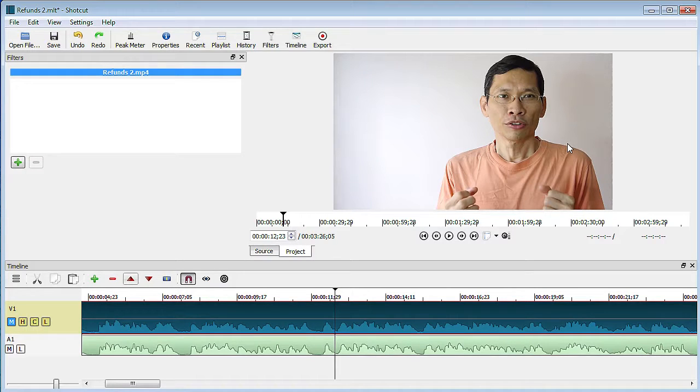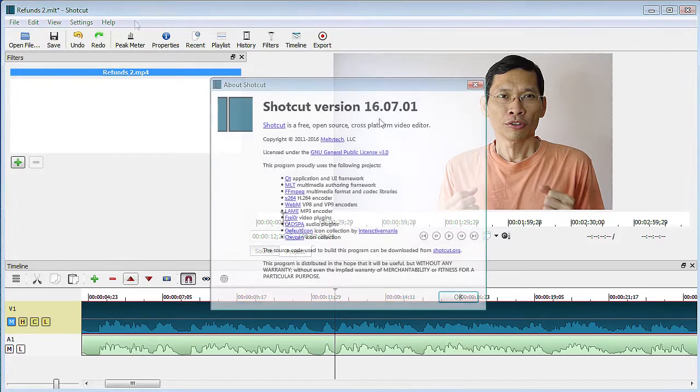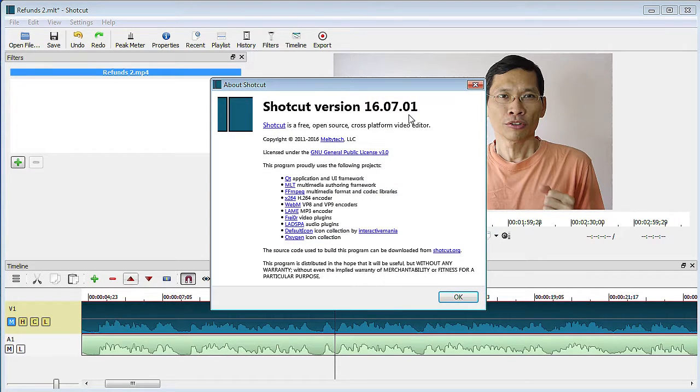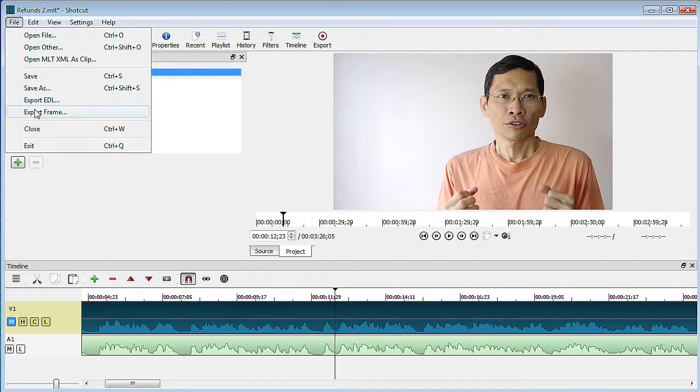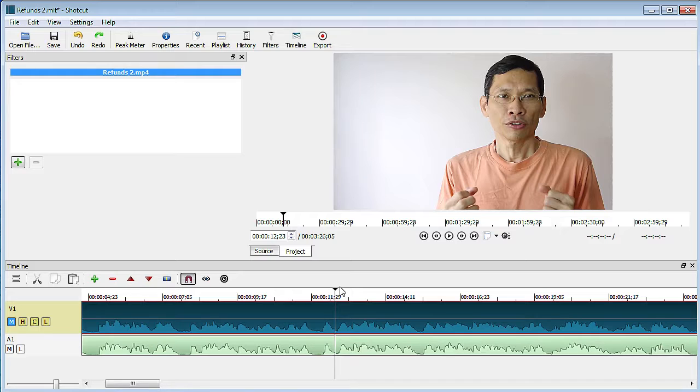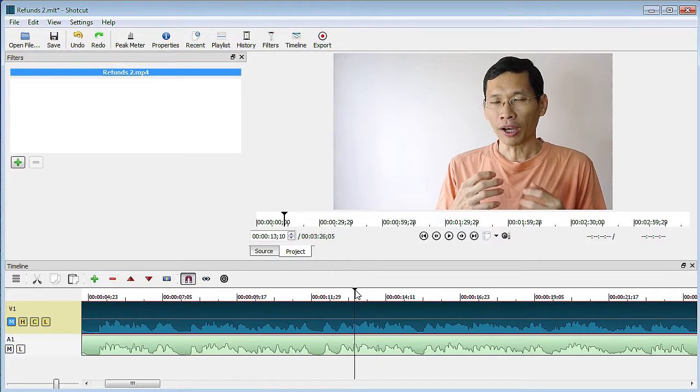Now in this video, I want to show you the latest version of Shotcut, which is 16.07.01. Okay, so what I like about this version is actually now it has the ability to export a single frame, and to export a single frame, it is under the File and Export Frame. This feature is very useful if you plan to use thumbnails for, let's say, YouTube or any other video service that you want to create a thumbnail for, because you can actually move your playhead to an exact position and